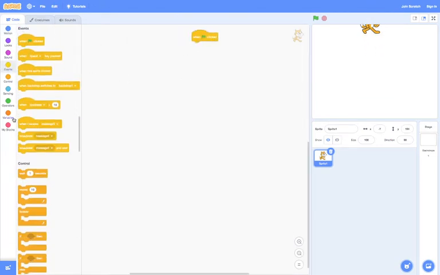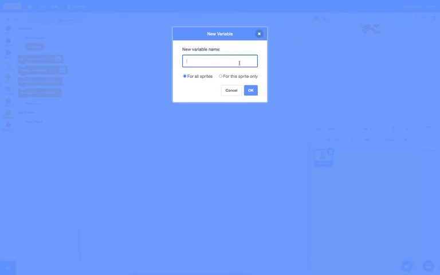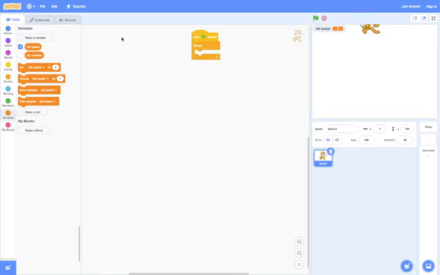When green flag clicked, forever. It just takes a few blocks to make your character smoothly fall. You're going to make a variable and call it fall speed. In the beginning, you're going to set fall speed to 0, and then forever change fall speed by negative